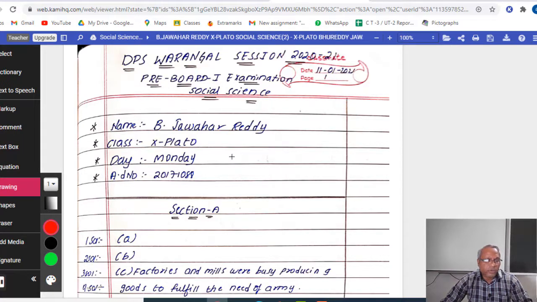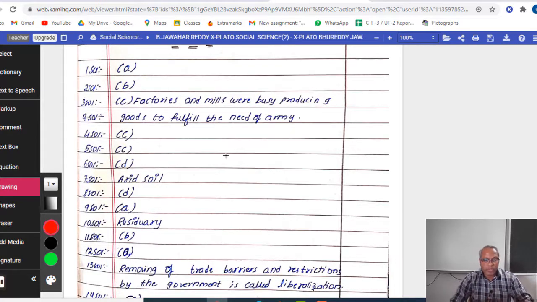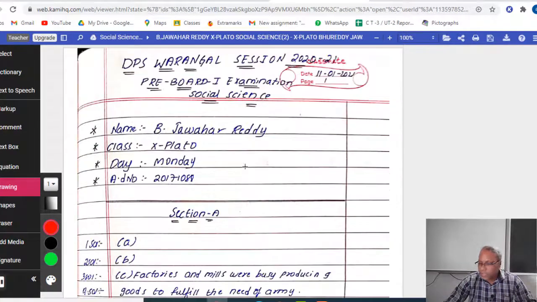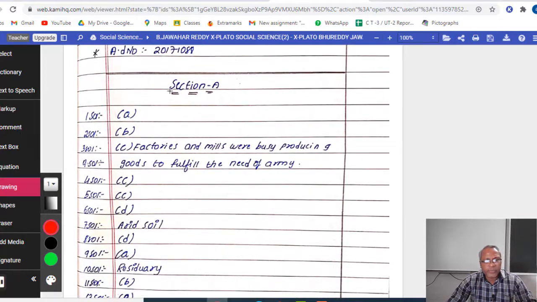So now I'm going to do the correction not with the help of my mouse. With the mouse I'm just scrolling up and down, but I'm putting tick marks with the help of a pen tab. Right now this is section A. This is the social science paper for 80 marks. In the first part, section A, we have 1 mark questions.